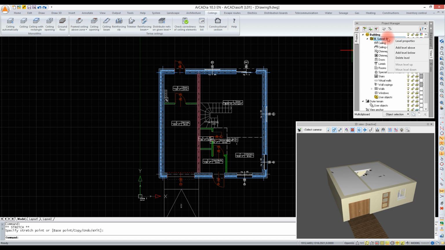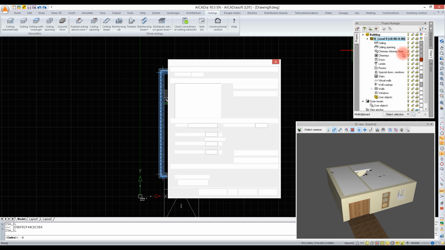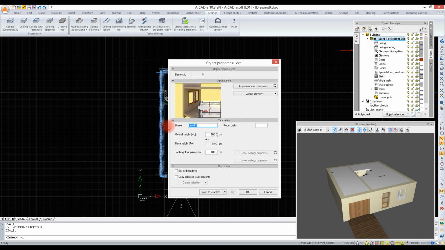The next option will be the new level. We click in the Project Manager window on the name of the existing level with the right mouse button. Or, here we choose from existing icons whether the level should go above or below. In the displayed window, we define the parameters, the name and height, and with such a height of the level,